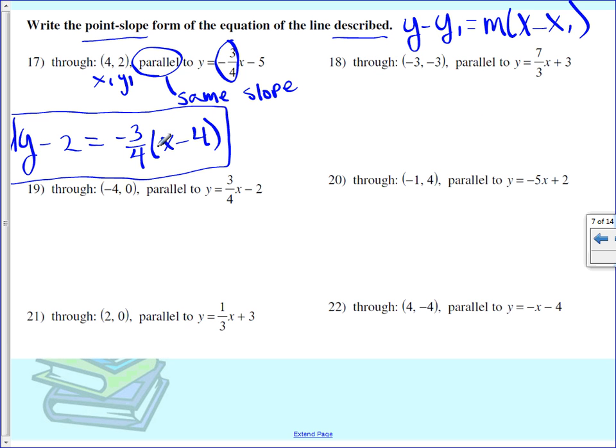Okay. This is our point slope formula. We're going to use these points, so it says through the points x1, y1, it's parallel to y equals 7/3. I don't need this whole equation, I just want this part because I know it's parallel. Parallel means that it has the same slope. So just like